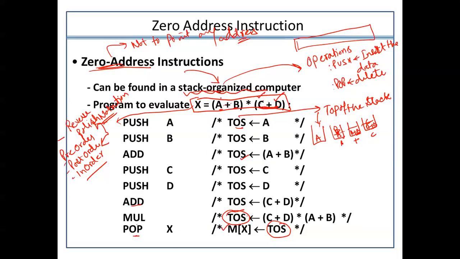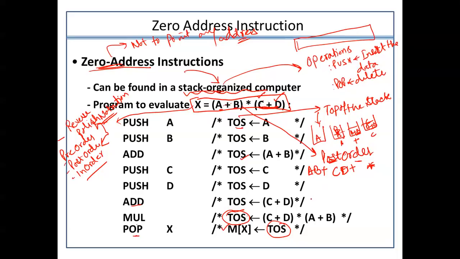So what is happening here? Whenever any arithmetic expression comes and I have to compute it, it will be changed into the post order notation. What is the post order? I will use the operands first and then the operator, and the rules of BODMAS will remain the same. Similarly, C, D, plus, and then multiply.